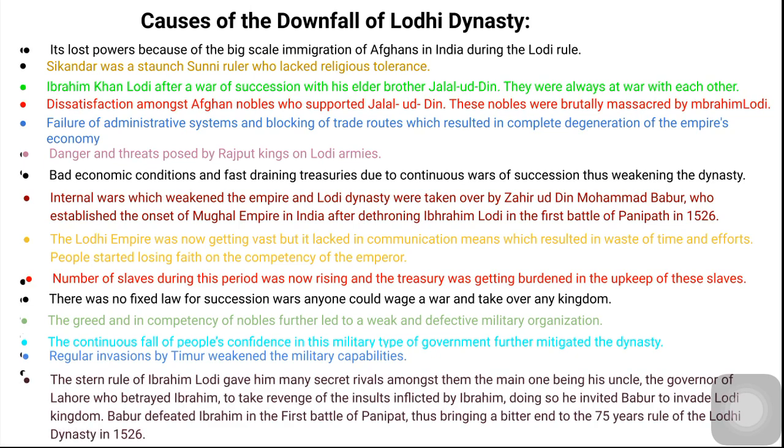Then the stern rule of Ibrahim Lodhi gave him many secret rivals amongst his own people, the main one being his uncle, the governor of Lahore, who betrayed Ibrahim to take revenge for the insult. Doing so, he invited Babur to invade India, and Babur defeated Ibrahim Lodhi in the Battle of Panipat. So these were the causes of the downfall of the